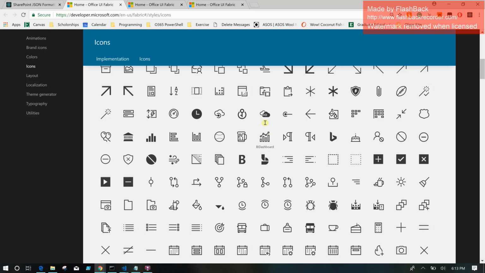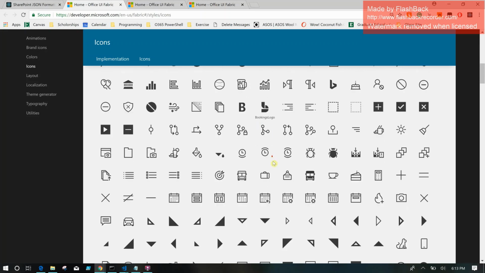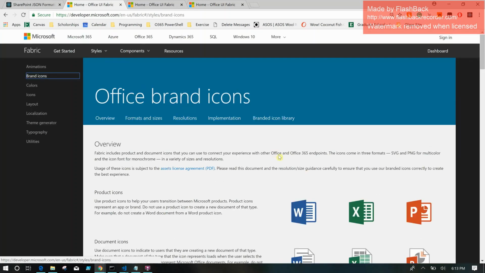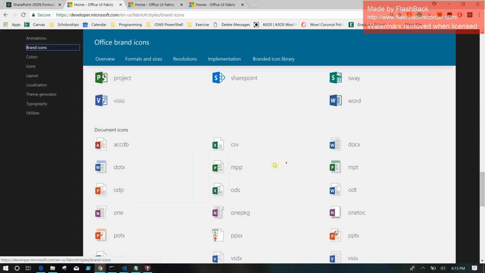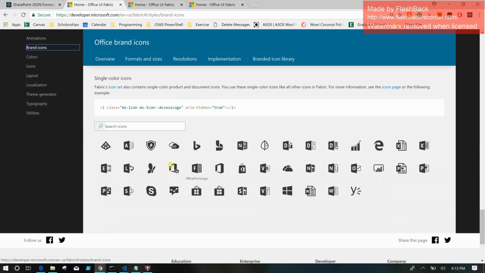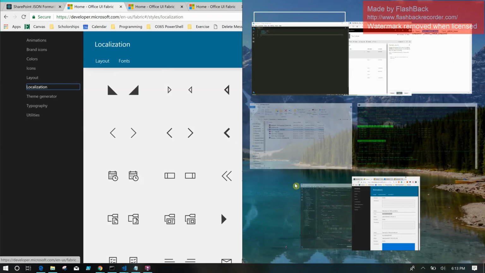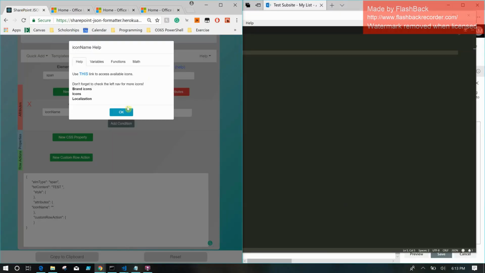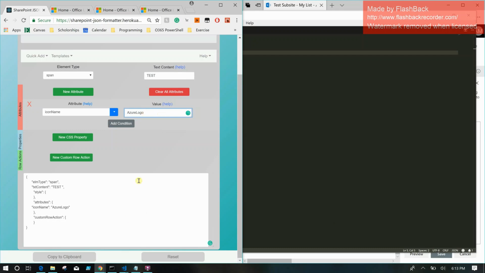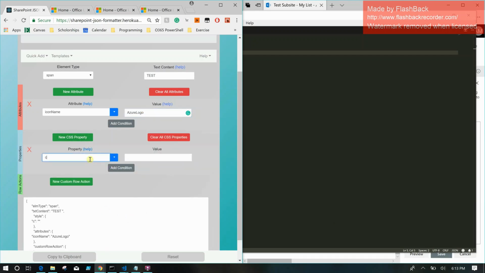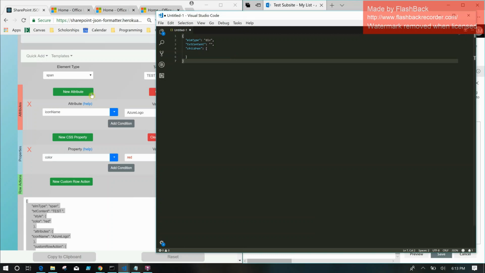For example, this Azure logo, we'll copy that. On the left-hand side, they have brand icons. If you scroll down, there are several brand icons that you can look at, as well as the localization has some more, arrows and such that you can use. So if I just take this and copy and paste it here to use the Azure logo, I can set a new CSS property and set the color equal to red,